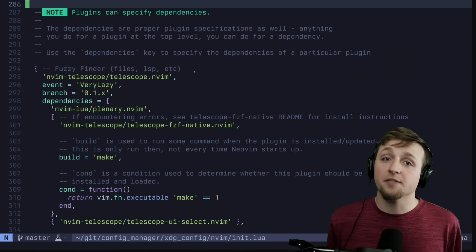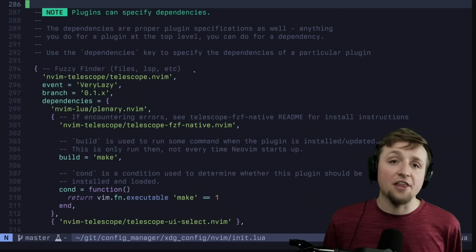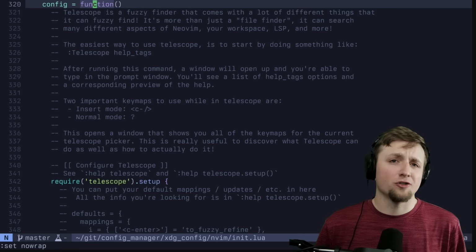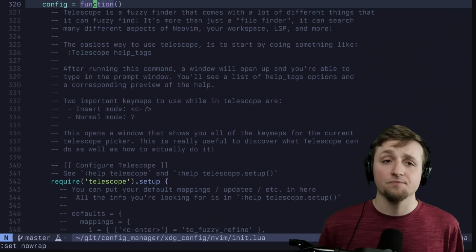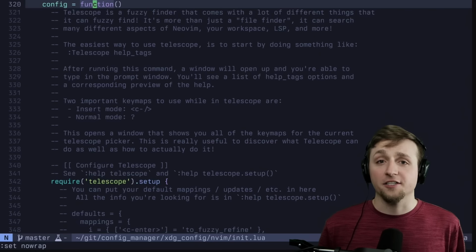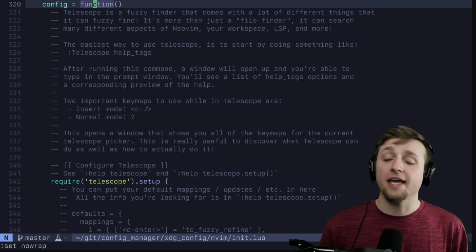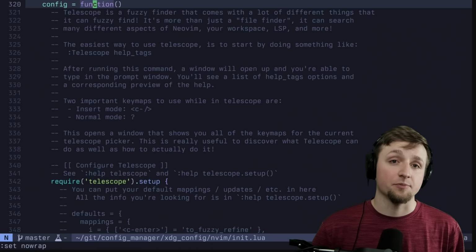This provides really powerful configuration options for plugins that work together to provide a really powerful experience. And here's where we get to the first larger plugin configuration that we have within Kickstart. This is for a fuzzy finder called Telescope, which was made by a super cool software developer who makes great